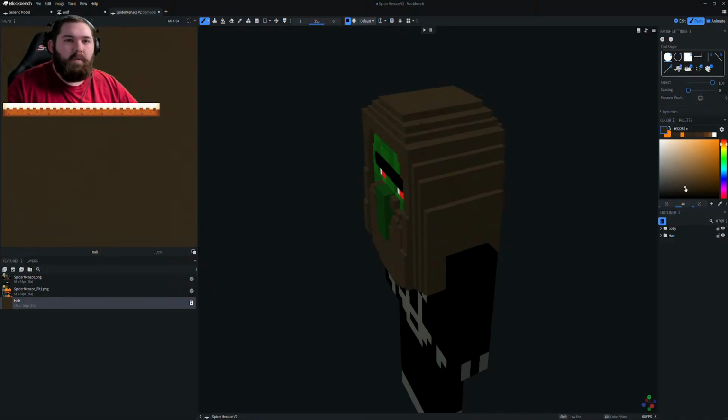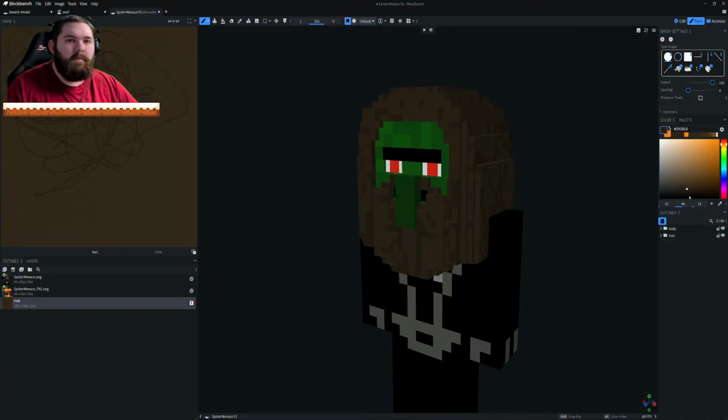I'm just trying to get a random pattern in here. I find I can do a more random pattern if I just